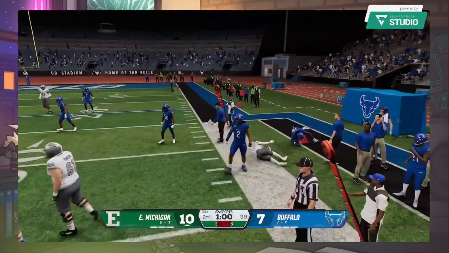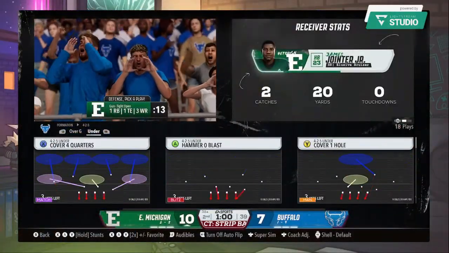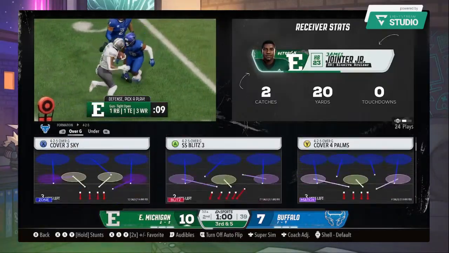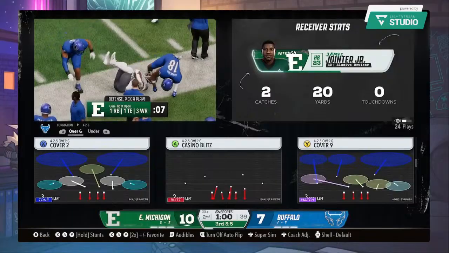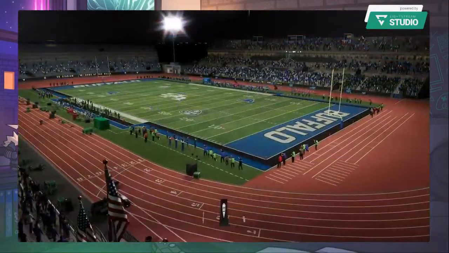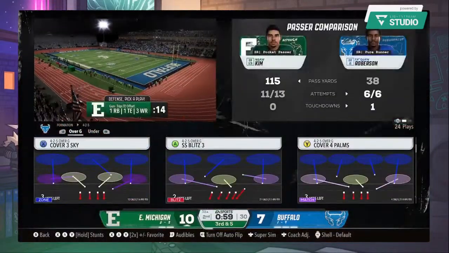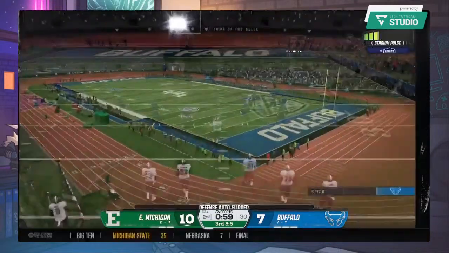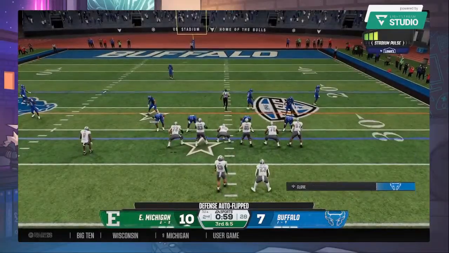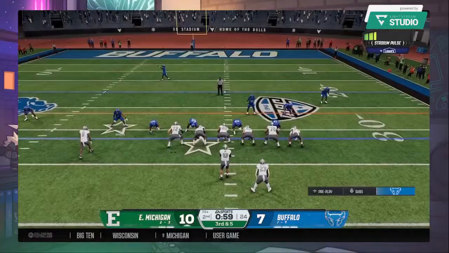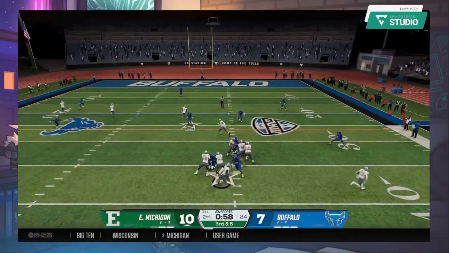They bring him down, but a solid pickup to put them in position to pick up a first down. You know, it's funny. I know running backs oftentimes are afterthoughts when it comes to the passing game, but when you think about it, this guy's been making people miss his entire life taking handoffs. So why wouldn't you try to get him involved in the passing game as well? You just saw in that last play how dangerous he is after the catch. A third down play coming from the 32 as they try to keep the drive going.